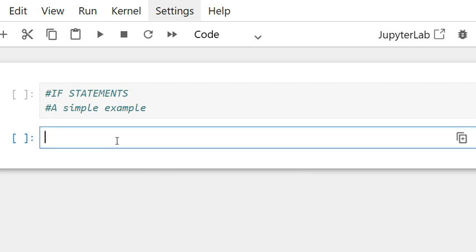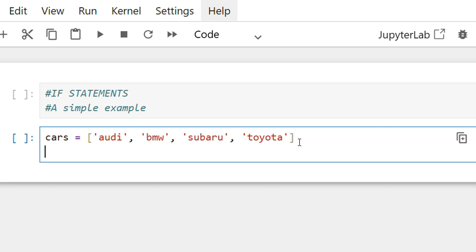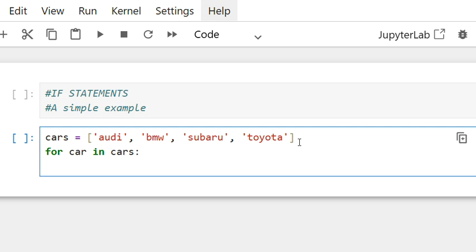Let's suppose that we have a list of cars. The variable is car, and let me just add quickly a few names of cars. Okay, and let's see what happens next. How could we use the if statement? Now let me just quickly add the command. We already discussed it. Okay, if car is